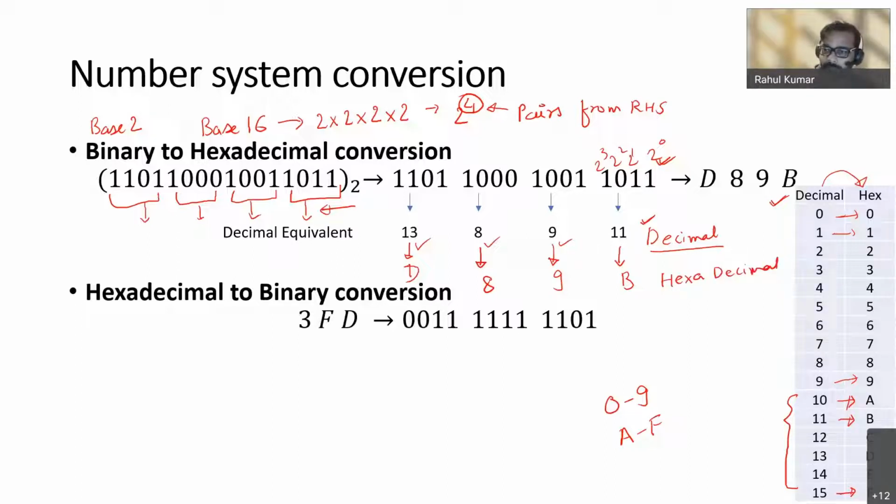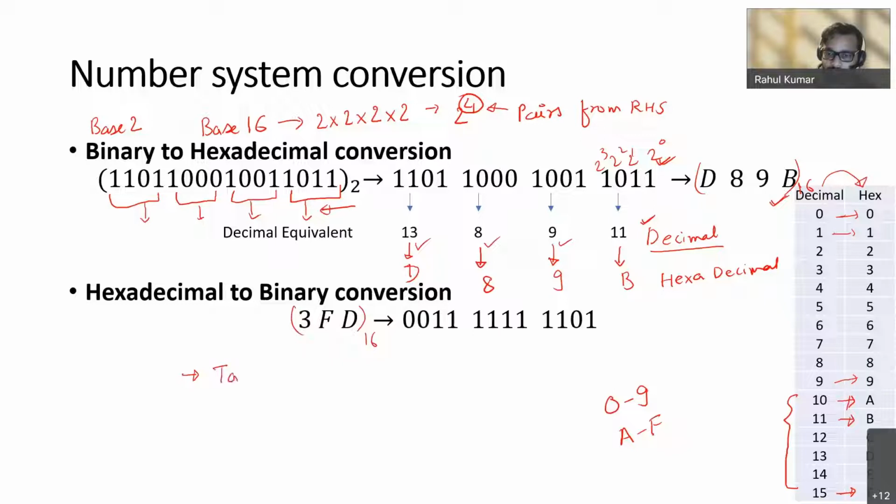Okay. So I have mentioned it here. This is your base 16 or hexadecimal number, D89B. Now to convert it in reverse order, that is, if you are given a hexadecimal number and you have to convert it into binary, the first step I will do is